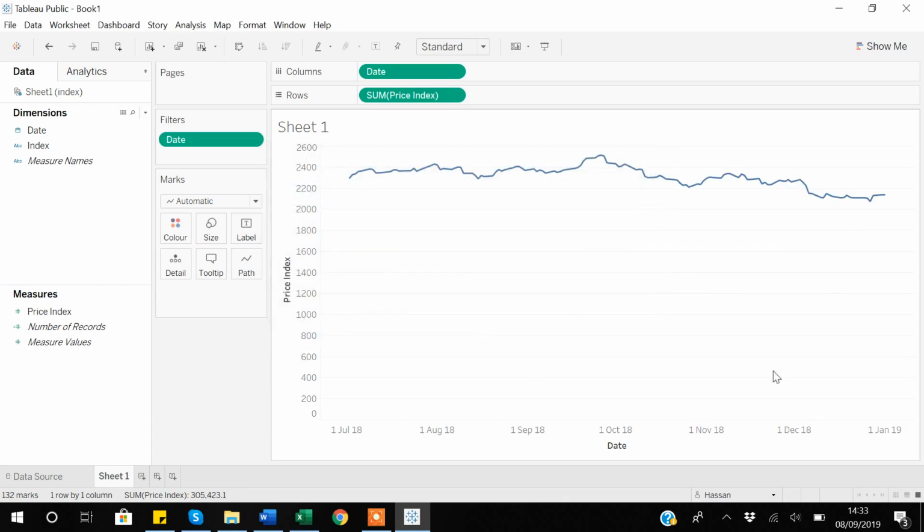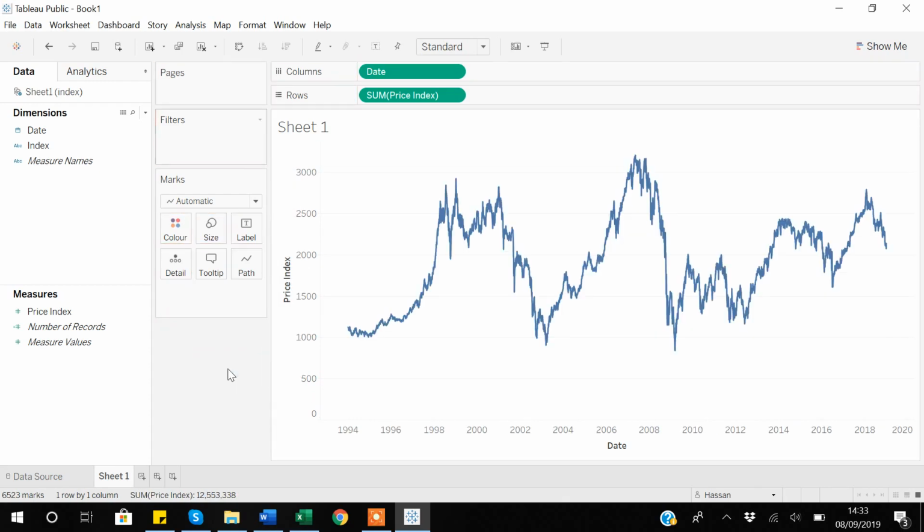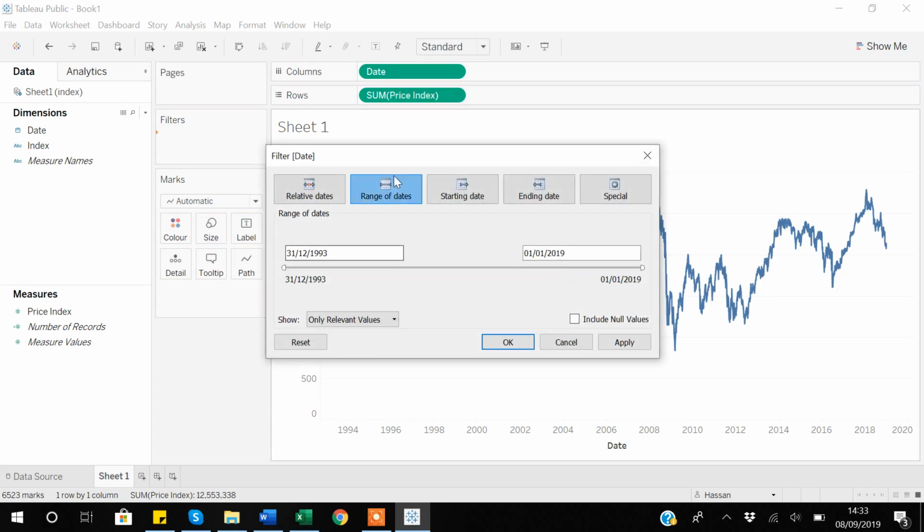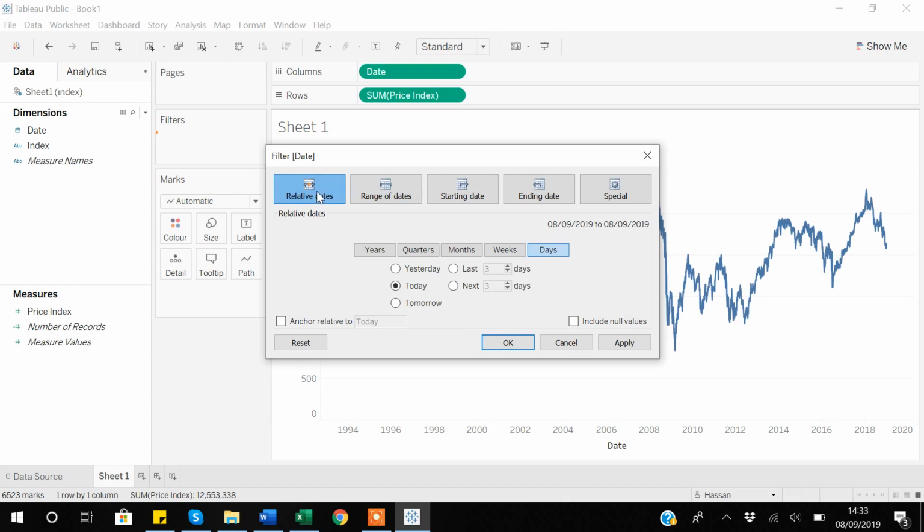Okay, so now you can see this is what happened based on the filter that I applied based on the quarter. Again, if I want to clear the filter, I will move it out, apply the date to the filters again, and next. And again, if I go to relative dates, I have shown you how you can play around with these quarters. In the same way, you can also apply it to the